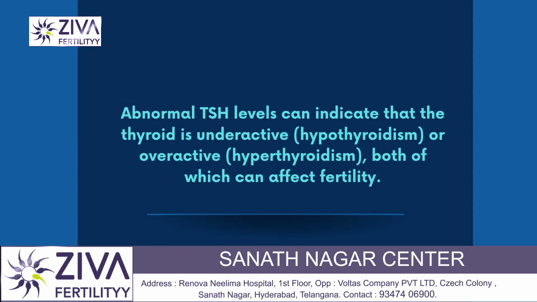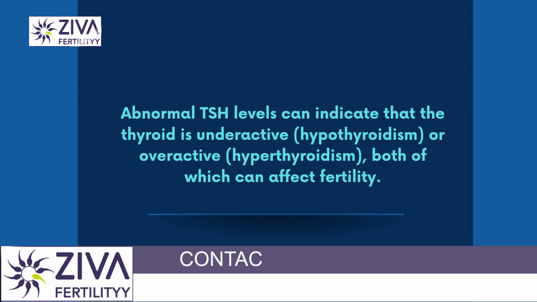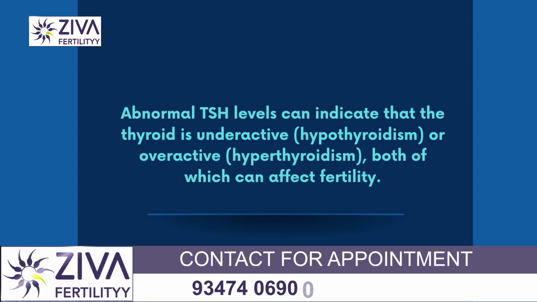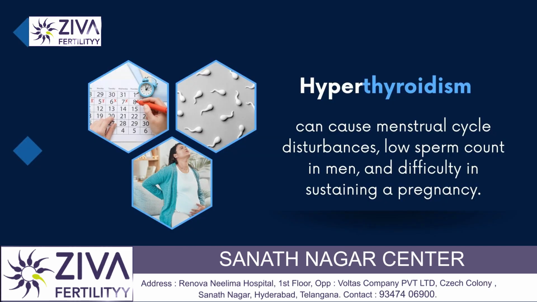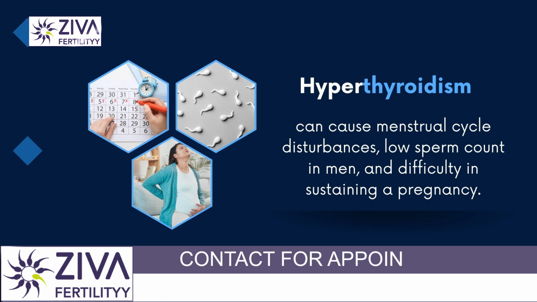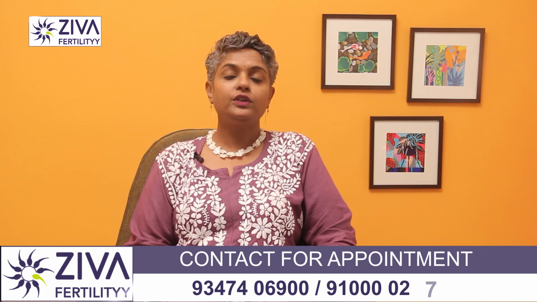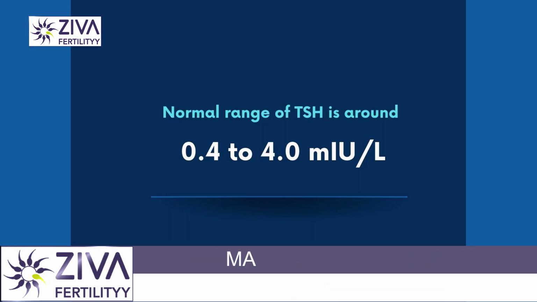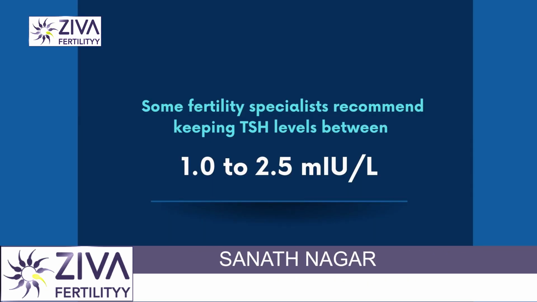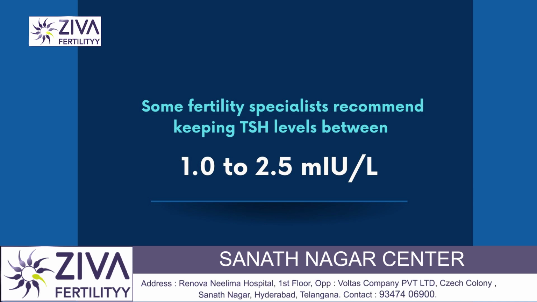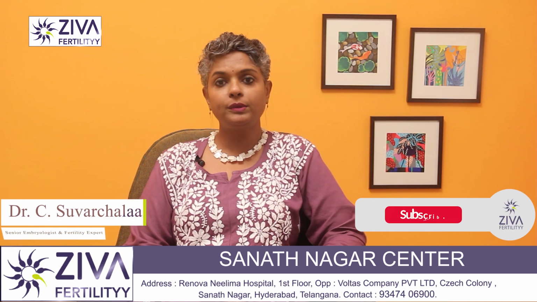Abnormal TSH levels can indicate that the thyroid is underactive, which is called hypothyroidism, or overactive, hyperthyroidism, both of which can affect fertility. Hypothyroidism can lead to irregular ovulation, menstrual irregularities, and an increased risk of miscarriage. Hyperthyroidism can cause menstrual cycle disturbances, low sperm count in men, and difficulties in sustaining a pregnancy. The typical range for TSH is around 0.4 to 4.0 milli international units per liter. But some fertility specialists recommend keeping TSH levels between 1.0 to 2.5 milli international units per liter for optimal fertility,